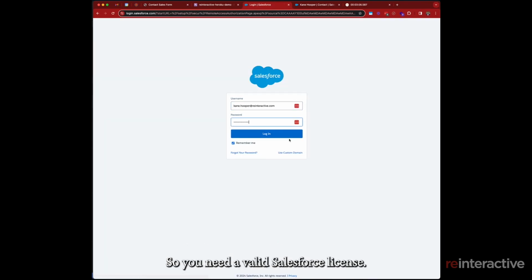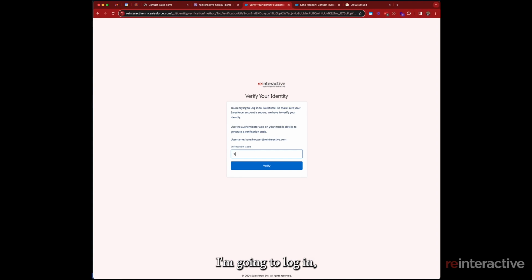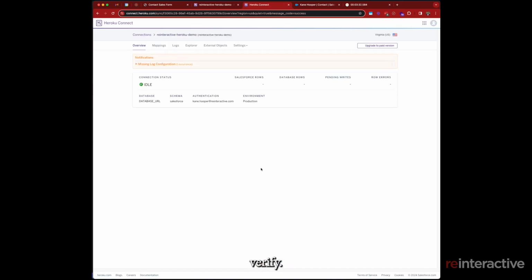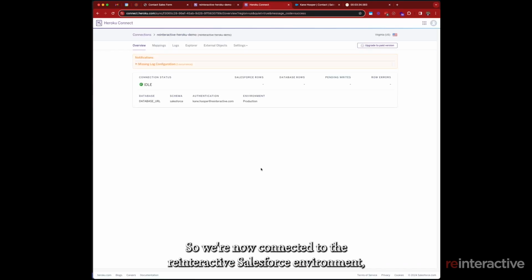So you need a valid Salesforce license. In this case, I'm going to use my own license. I'm going to log in. Verify. And there we go. So we're now connected to the reinteractive Salesforce environment, but there's no data being synced at the moment